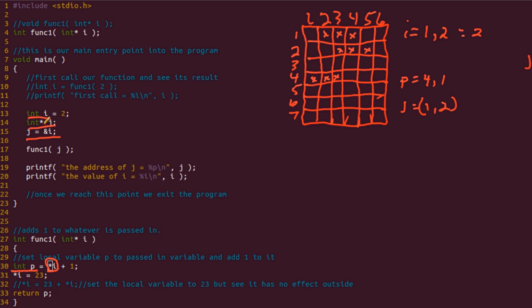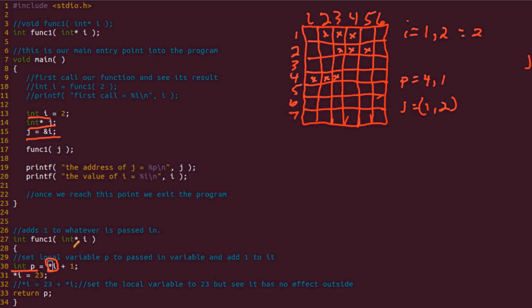I up here, and it's called J up here, but again, these are both pointers, so no matter what they're called, they're still pointing to the same spot in memory. So nothing new got created when I called this function. But in order to get to the actual value that this pointer is pointing at, we have to do what's